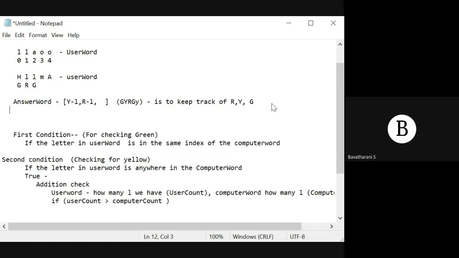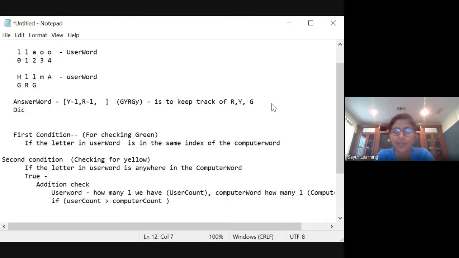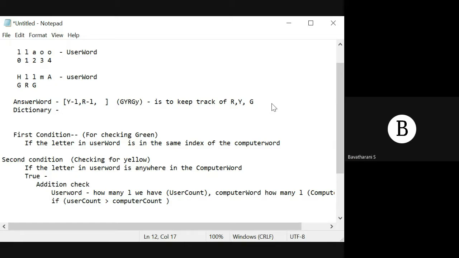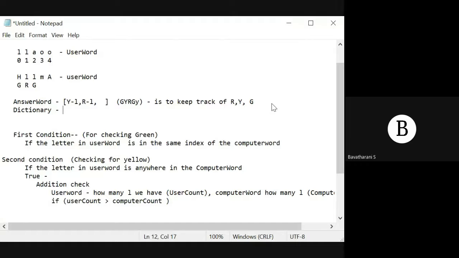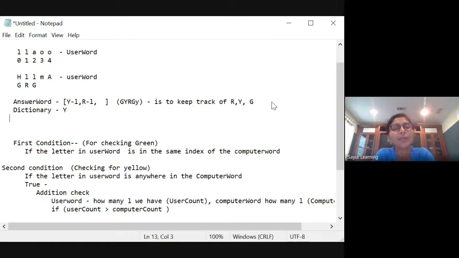Dictionary, use. Okay, Sarnishi wants to use a dictionary. Okay, dictionary means what will we have? Key-value pairs. All right, key-value. What will be the key and what will be the value? "Yellow, red as keys and letters as values." Yeah, so the key will be yellow. So I'm going to have something like this. Too much here. So yellow, red. So what you are saying is yellow, and I have,